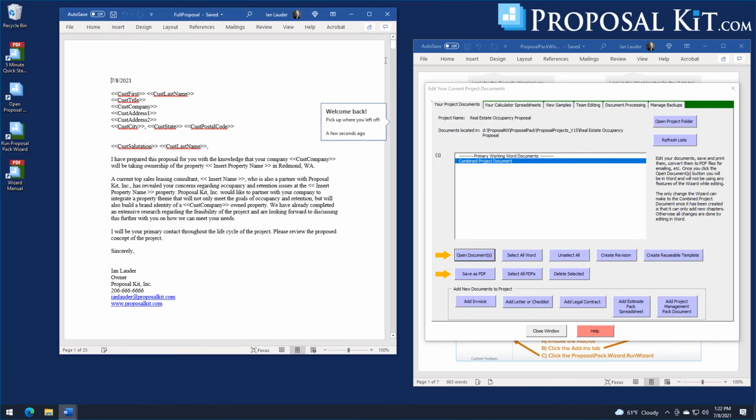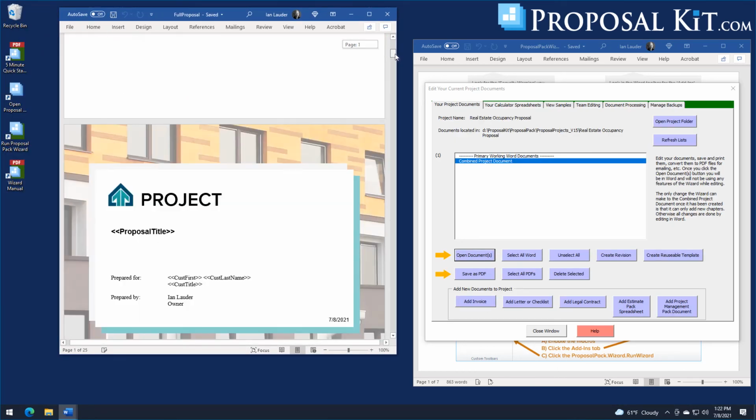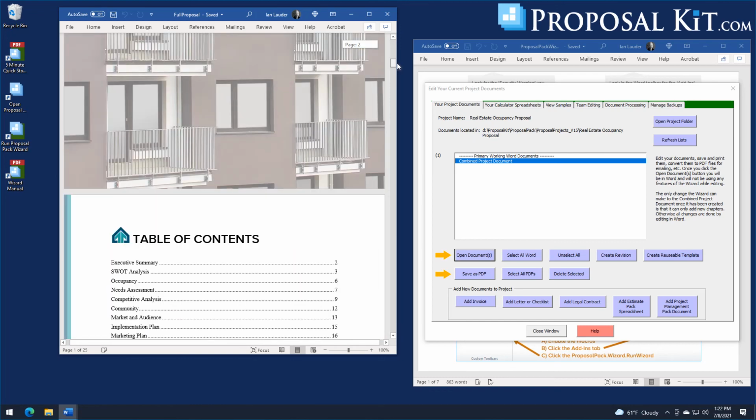Now, if you're using the Expert Edition and you set up the custom branding where you have your company logo in the My Graphics folder, that will trigger the wizard to automatically do this operation while the document's first being generated. So that's another option for custom branding, is to use the